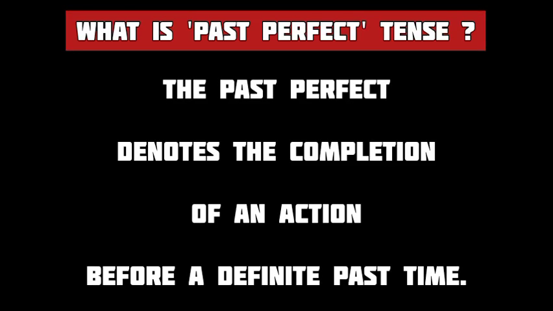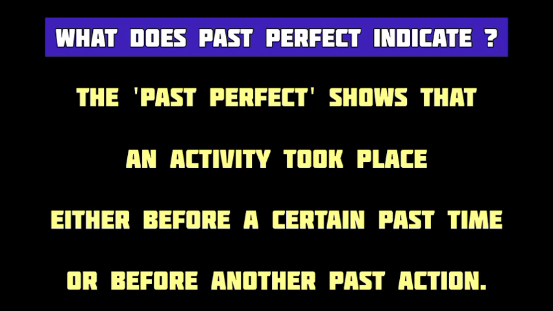Well, now that we know the structure of the past perfect tense, what does the past perfect tense show or denote? The name past perfect implies the completion of an action before a certain moment or time in the past. In other words, the past perfect tense shows that an action was completed before a certain point of time in the past. To put it simply, if an action occurred before a particular point of time in the past,